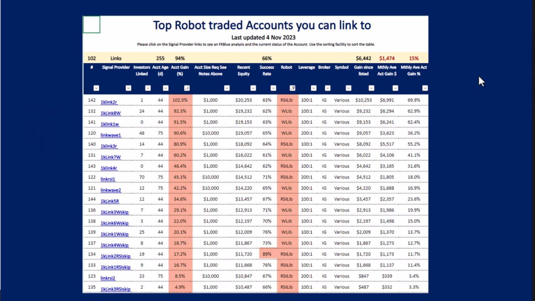But in the meantime, the Liberty range has produced the most phenomenal results, and as you can see here, there are accounts that have doubled, that have 90% returns, 80% returns, 40% returns. So the Liberty range has done very well. You can see those are all the Liberty range ones. There's 1 year with a success rate of almost 90%. So really very happy with how the Liberty range is going, and let's go and have a look at the